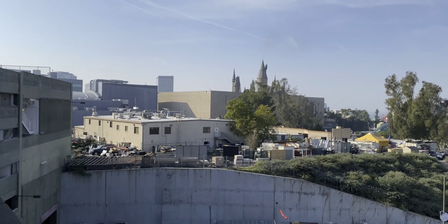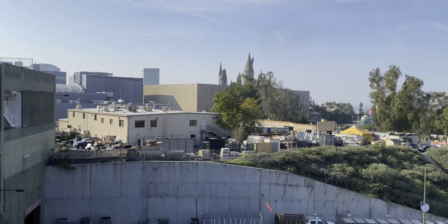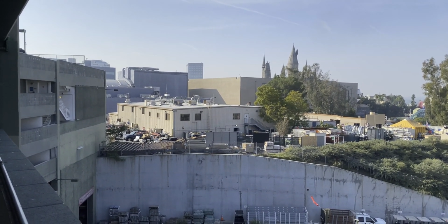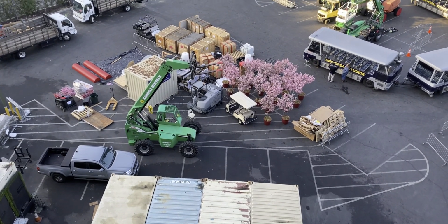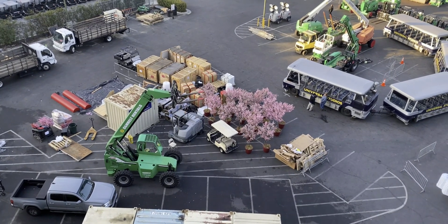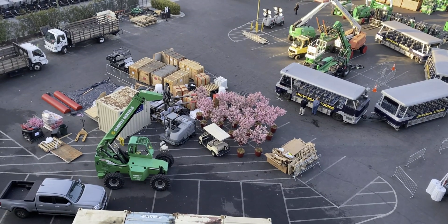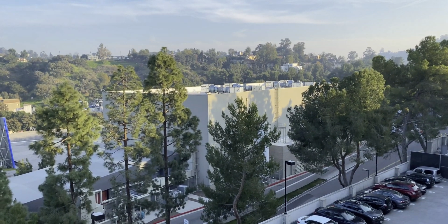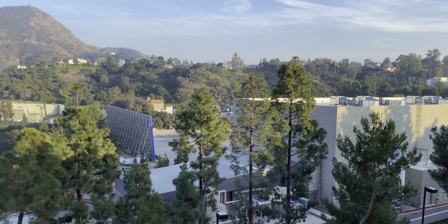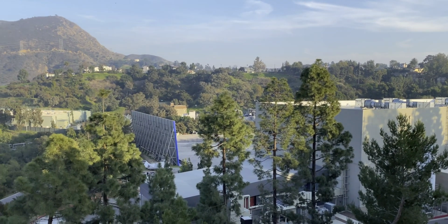And then here you can see a little bit of the Harry Potter and the Forbidden Journey attraction and that giant brown building. And then to the left, that gray building is the Universal AMC Cinema. There are also some pink trees mirroring cherry blossoms that are here for Lunar New Year, which will be pretty exciting. Before heading down to the park, looking on this side of the parking bridge towards the War of the Worlds set, the Psycho House, and here, which is Fast and Furious Supercharged,